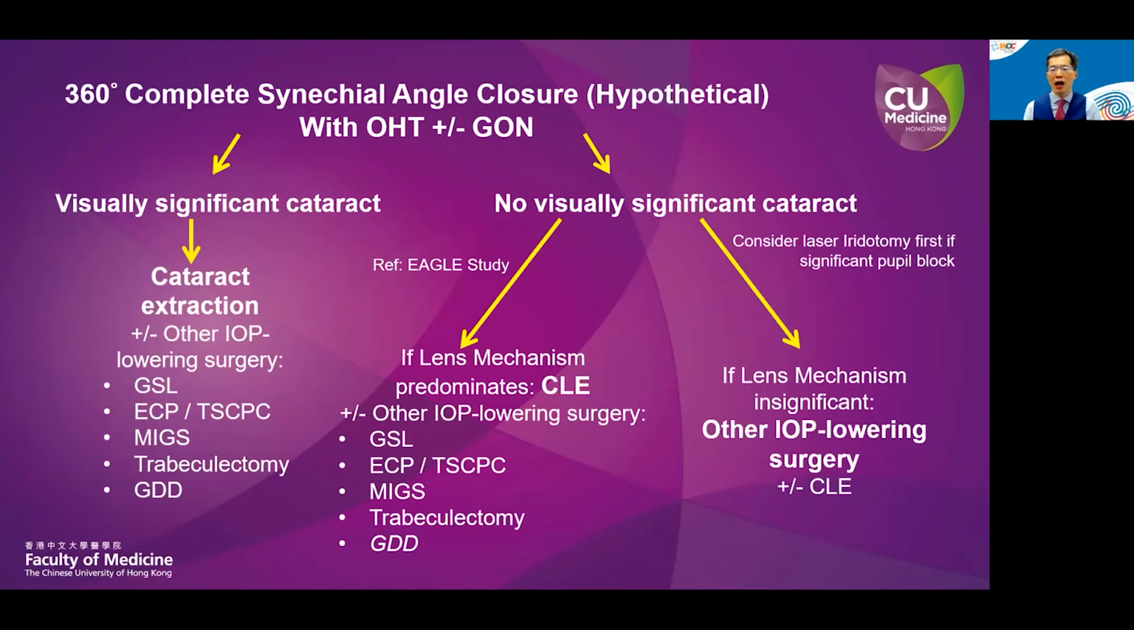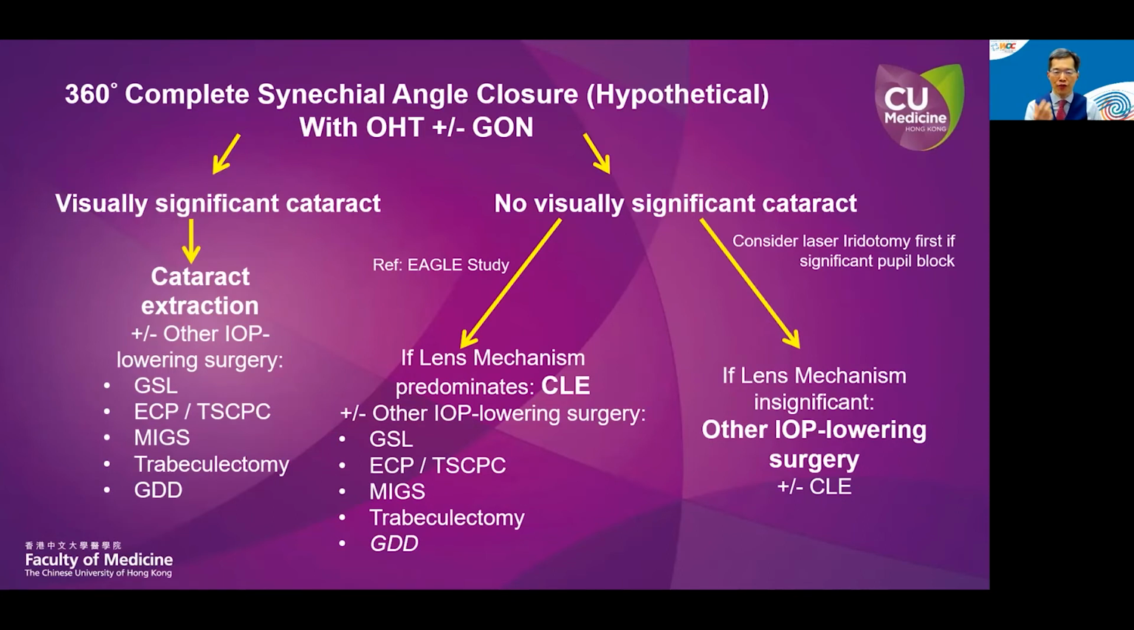Now, in the next slide here, I'm presenting to you the other end of the clinical spectrum. Now we have a hypothetical 360 degrees of complete synechial angle closure with ocular hypertension with or without glaucomatous optic neuropathy. With synechial angle closure, you would expect that any interventions that deepen the anterior chamber and widen the drainage angle may not allow aqueous to access the trabecular meshwork again because of the peripheral anterior synechia. And so you may have to consider additional IOP lowering procedures that either reduce aqueous production or allow aqueous to